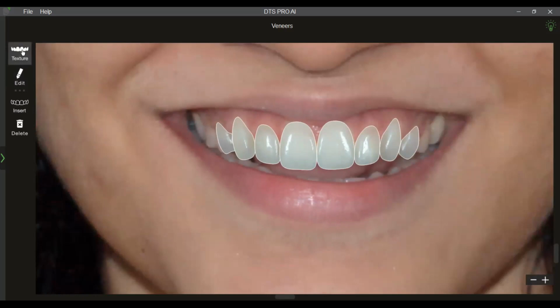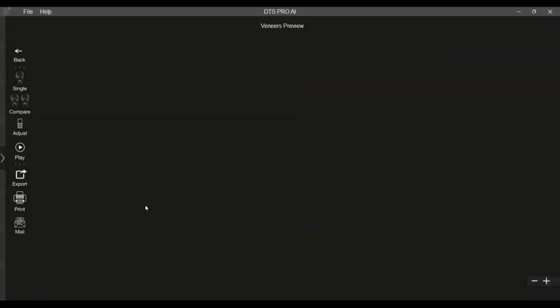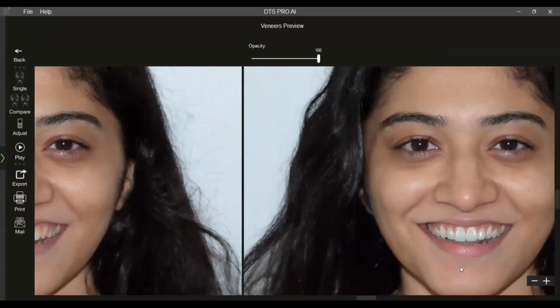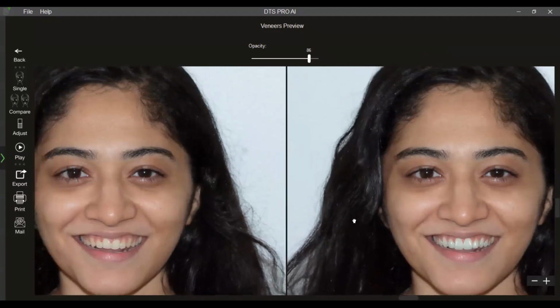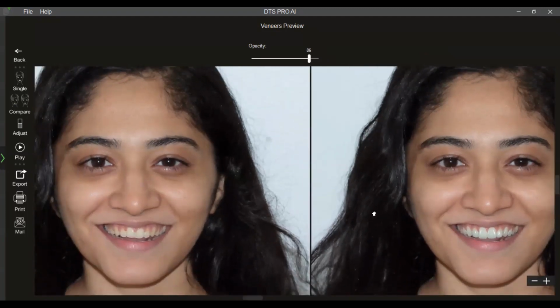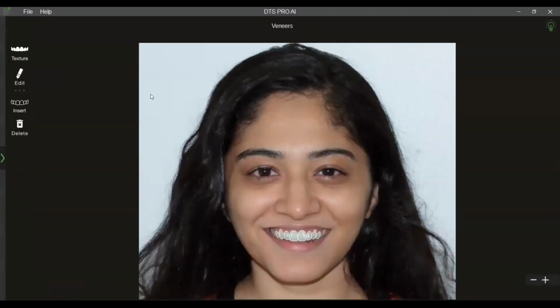Apply, texture, preview. So slightly longer incisor. So you can just play with the controls, play with the different lengths of teeth there. The patient then sort of becomes a part of the treatment planning process. If you want to put